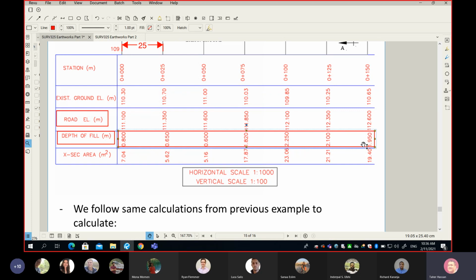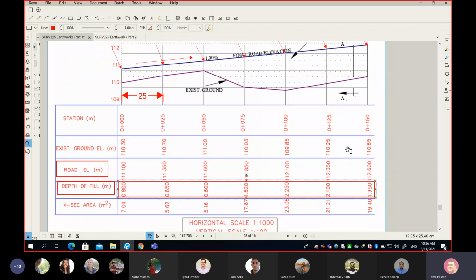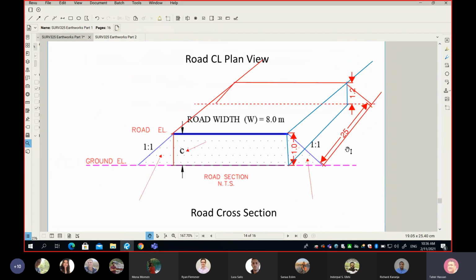So what do we do? We estimate a cross-section area. And I know some of you are wondering, what do you mean? What is cross-section area and what is side area? Let me show you here. This blue here is called side area. So I'm going to write it here for you guys. So this is called side area, SA. Okay. So where is the cross-section area? It's here. It is the area of the cross-section. So this will be